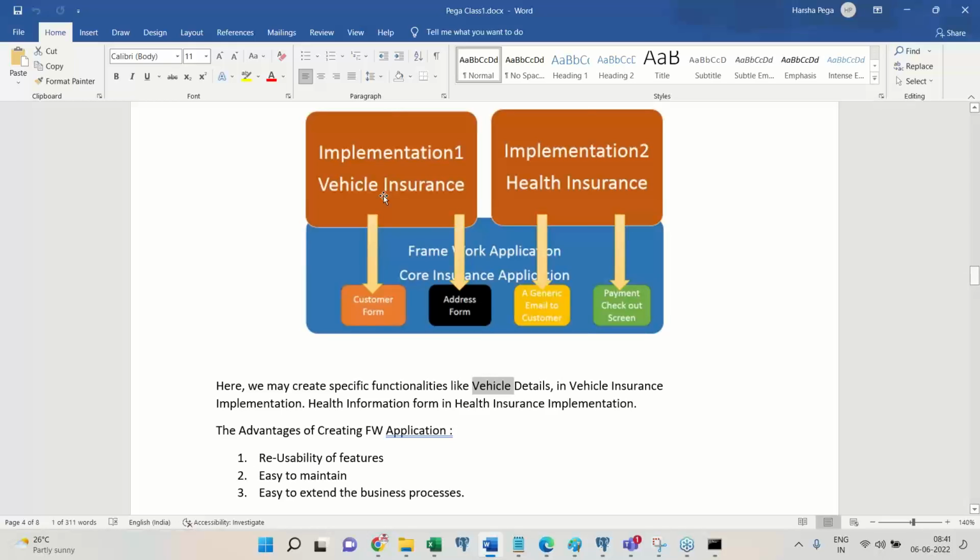Vehicle insurance, implementation vehicle insurance, correct? I want to collect the details about health coverages. You will be covered under regular diseases, seasonal diseases, but not under chronic diseases. Like these coverages are displayed. This screen I want to create, is it specific or common? Specific to